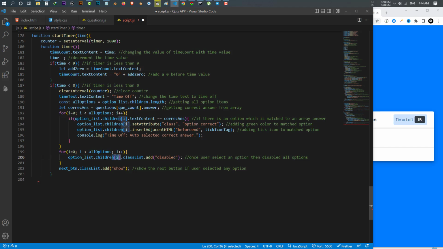Okay, once we did that, I want to also display the next button. When the timer is finished, it will display the next button. What we do, we select the next button and add class of show,